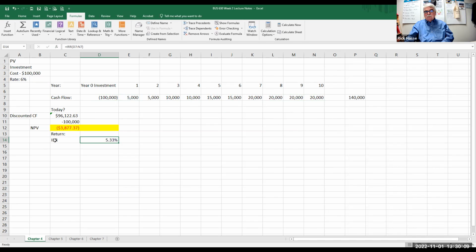Well, look what's happening here. Our hurdle rate or cost of capital is 6%, and we're only earning 5.33% on our money over 10 years. That explains why we have negative NPV. We're not fulfilling and including all our costs. This is a very key function when it comes to time value of money in financial management and corporate finance.